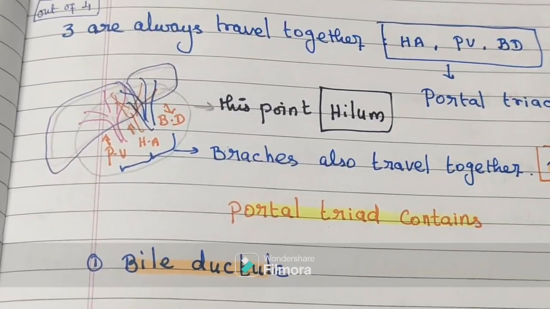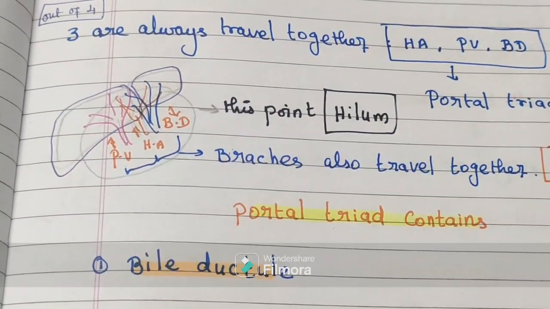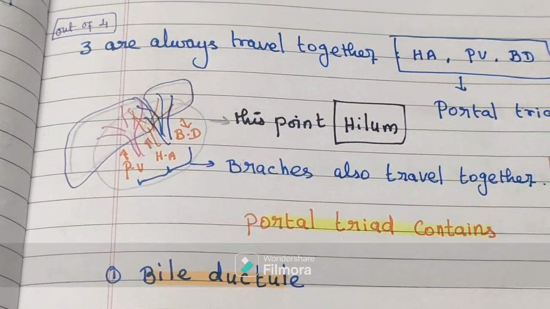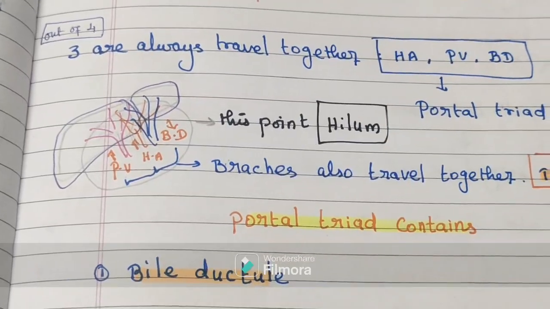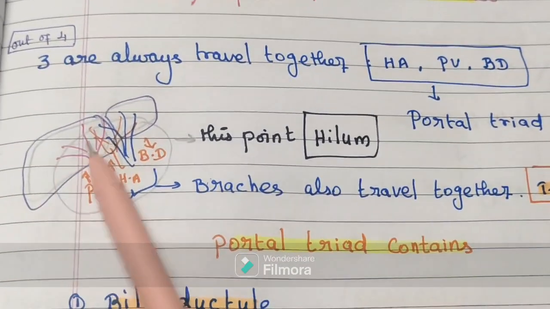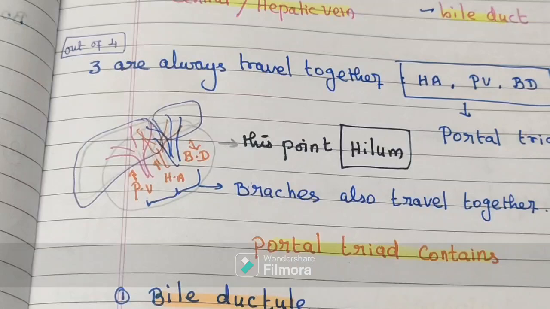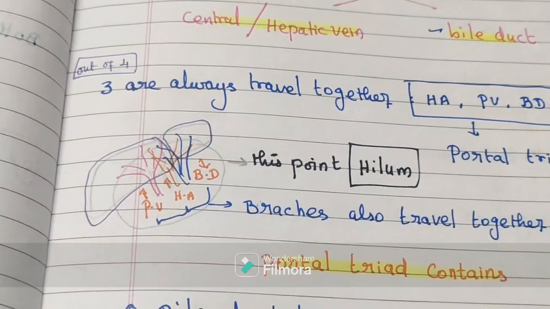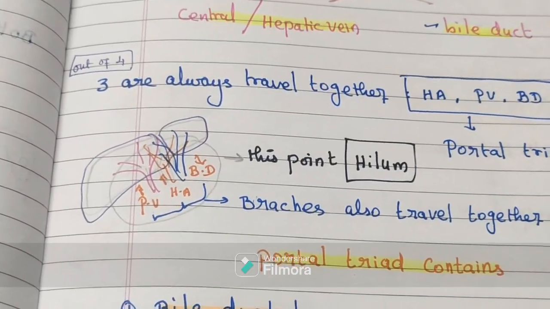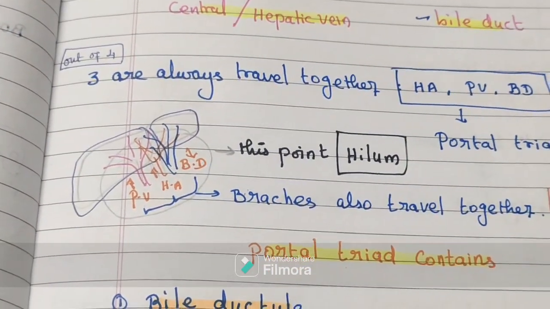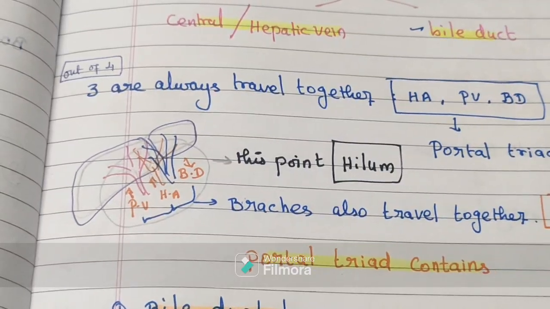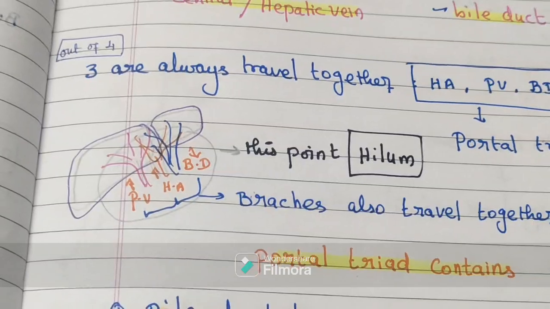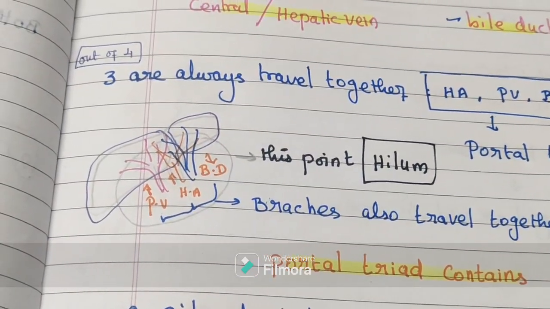The hepatic artery will divide into arteries, and the portal vein will also divide into branches. After going inside the liver, the hepatic artery forms its own branches and the portal vein forms its own branches. What about the bile duct? The bile duct also forms multiple branches. Multiple branches from all the hepatocytes are coming and they are